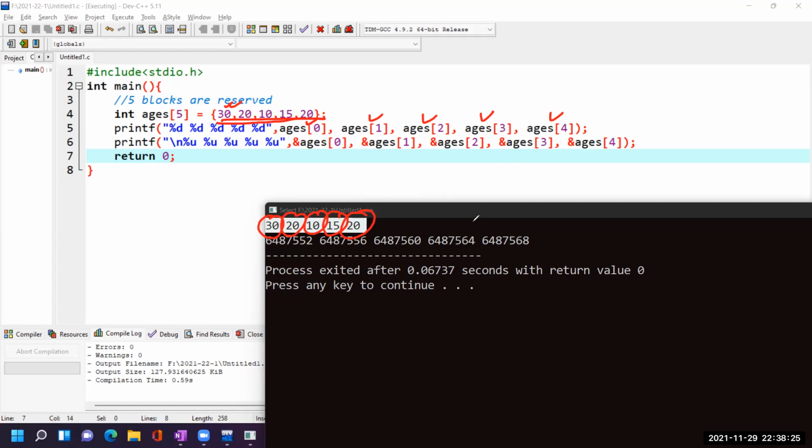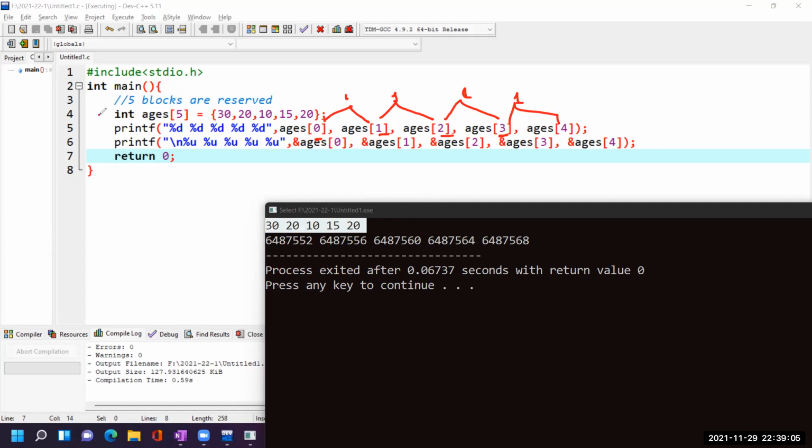Now see, I'm doing a very bad practice here. Look carefully at the indexes. What is the difference between these two indexes? 1. Between the next two, again 1. Between these two, again 1. So that means the indexes increase by 1 and start from 0. So instead of writing each item by its name and index, we can also generate the index from a loop.